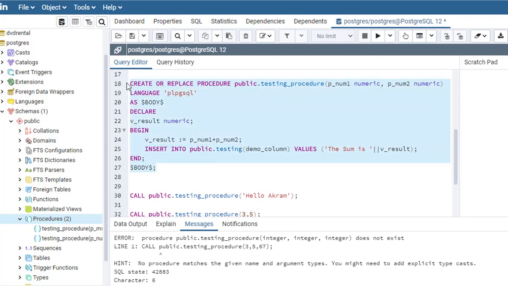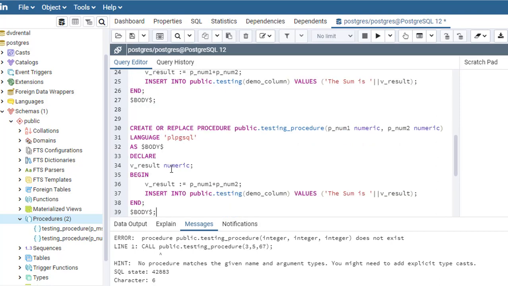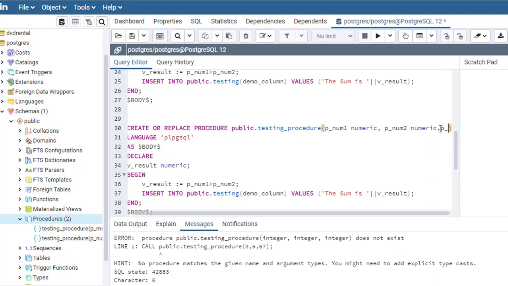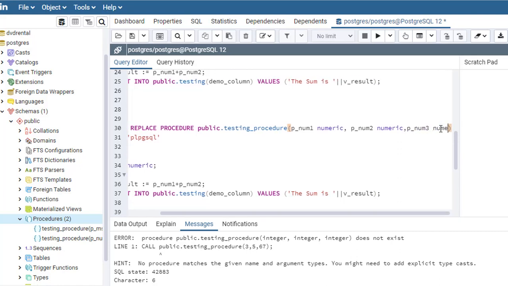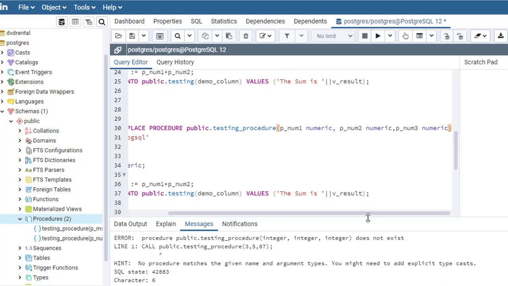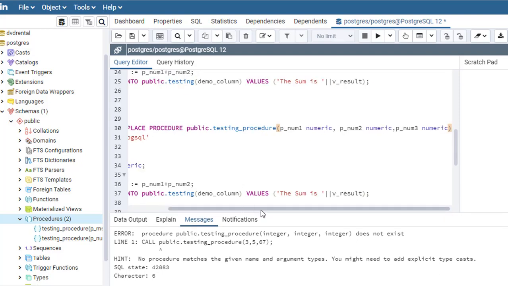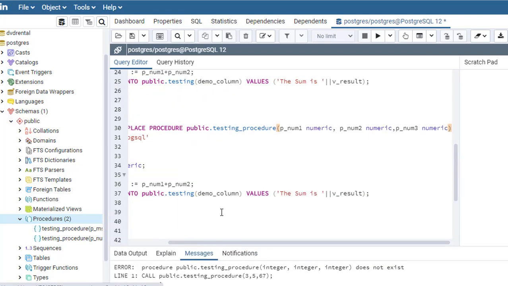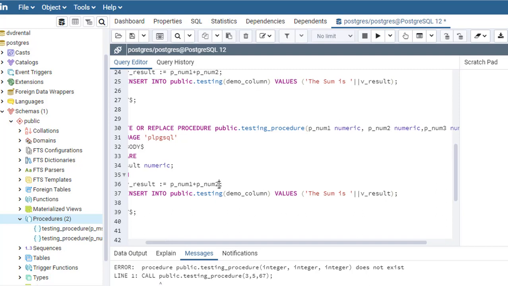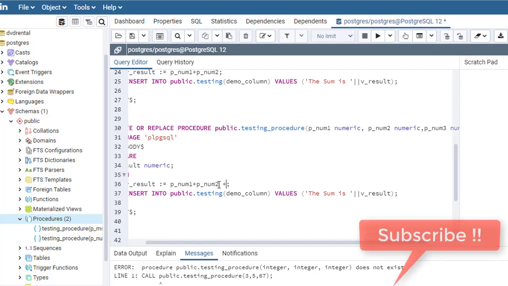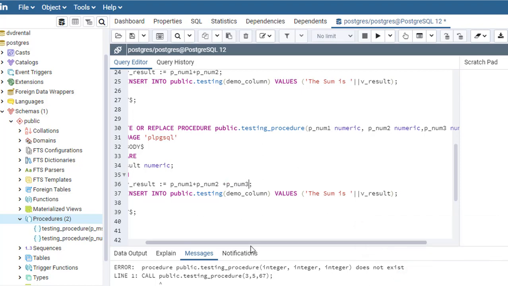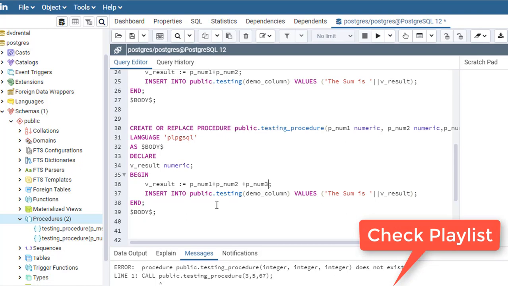So I need to do it like this only, not much change. Like I had taken two parameters, now I will take p_num3, which is also of numeric type, and in the summation, where I was doing a two-value sum, now I will add one more, p_num3, and whatever the sum becomes will be held in v_result, and then it will be inserted.